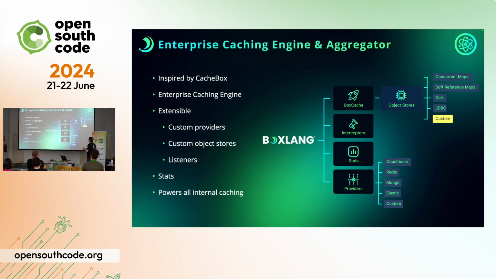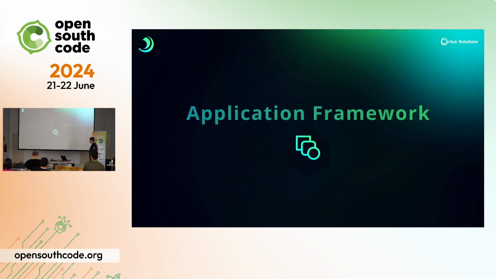So it's called a cache API or aggregator. It has different listeners, so when things are removed, etc. It has statistics for you, even graphing of how the cache performance is doing. And then you have different object stores for our own cache to store things in different types of object pools. So we take all that hard work and just give you a nice API for you to work with.